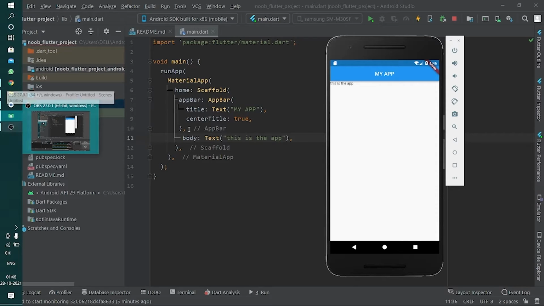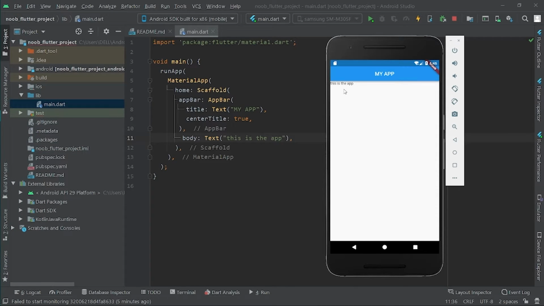The text is somewhere in the left top hand corner. Although I don't expect the text to be there, for now this justifies that body is located below the app bar, and this is it. Now if we want to center the body text, then the thing which we can do is we can wrap this around,